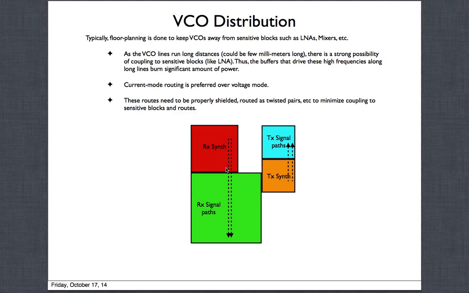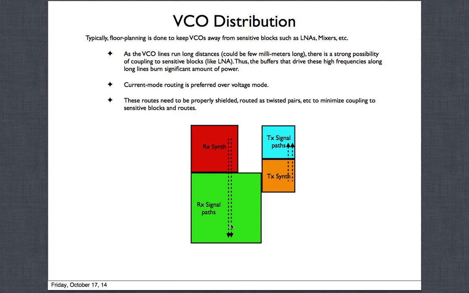It is never a good idea to run high frequency clocks, and by high frequency clocks I mean somewhere around 5 gigahertz type clocking signals all over the chip. That just increases the potential for coupling into the substrate and from the substrate going somewhere else, or coupling from metal to another metal or some circuitry nearby.